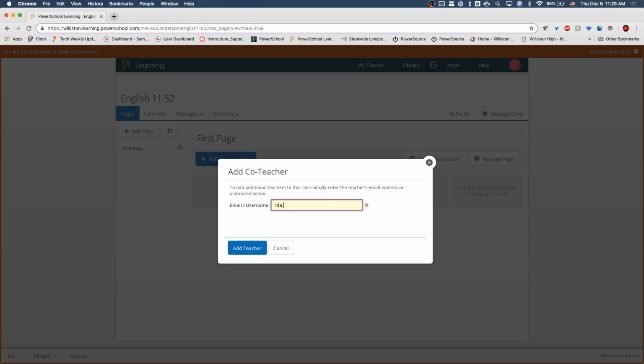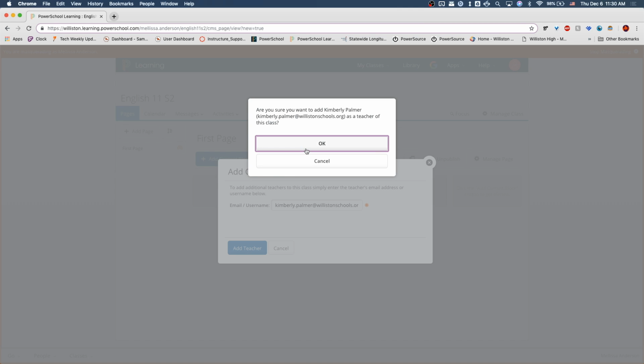I'll go ahead and put Ida in here because she's probably going to end up asking for it anyway. You don't have any of her kids this year? Really? Yeah. Okay, then we can change it. Do you have another you could try? Kimberly Palmer. I think so. Okay, so we'll go ahead and add her, and if that's wrong, then she can just let me know later on,